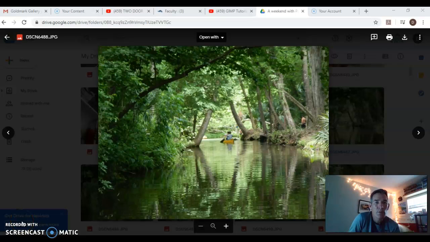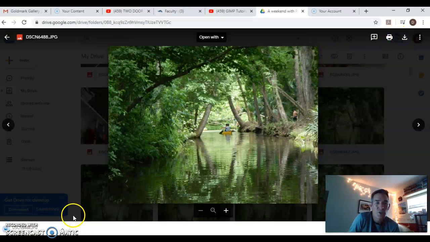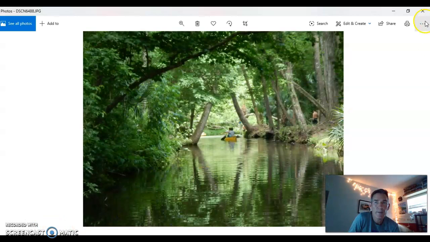So when you have your photos on your device and you want to upload to Google Drive, or you've sent an email to yourself, download from Google Drive, Gmail, wait for the JPEG to download in the left-hand corner, and then when you click on that, all the way in the top right-hand corner of the photo viewer,